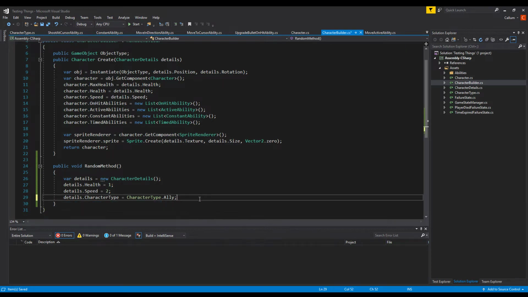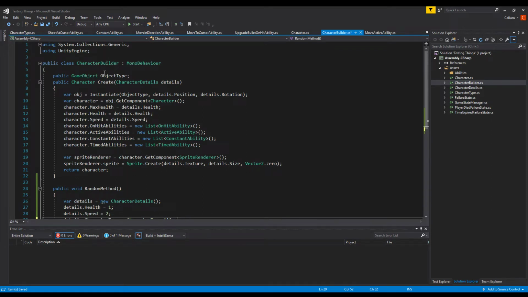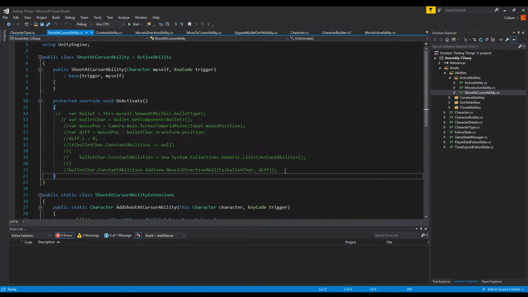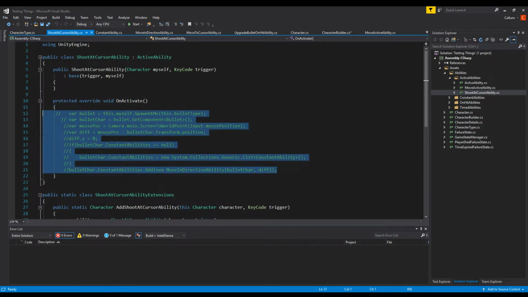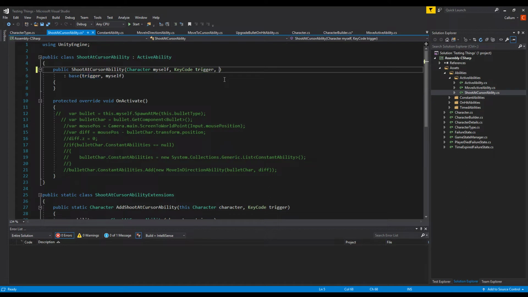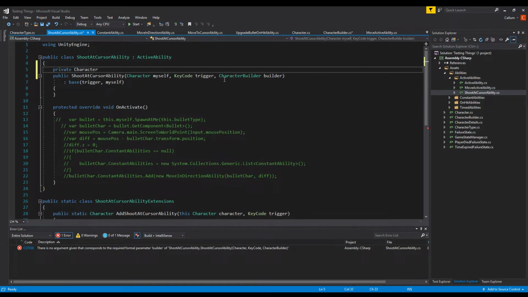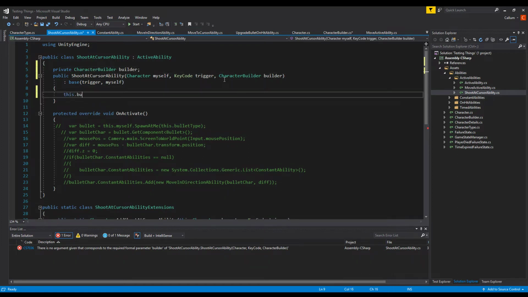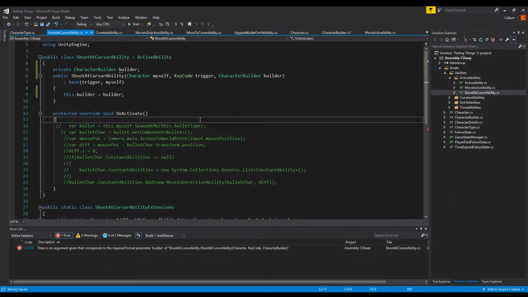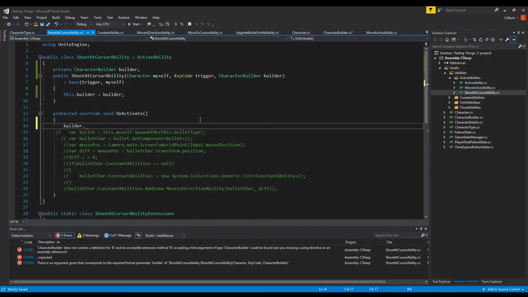So the first place we'll want to do this is... let's see. So there's an ability that we created, which was an active ability called Shoot At, and I had to comment out all this code. All of it. Every single part of this code has been commented out. So this is where we're going to use the new create stuff. So for that, we need to pass in a character builder. So that in here, we can say builder.create,